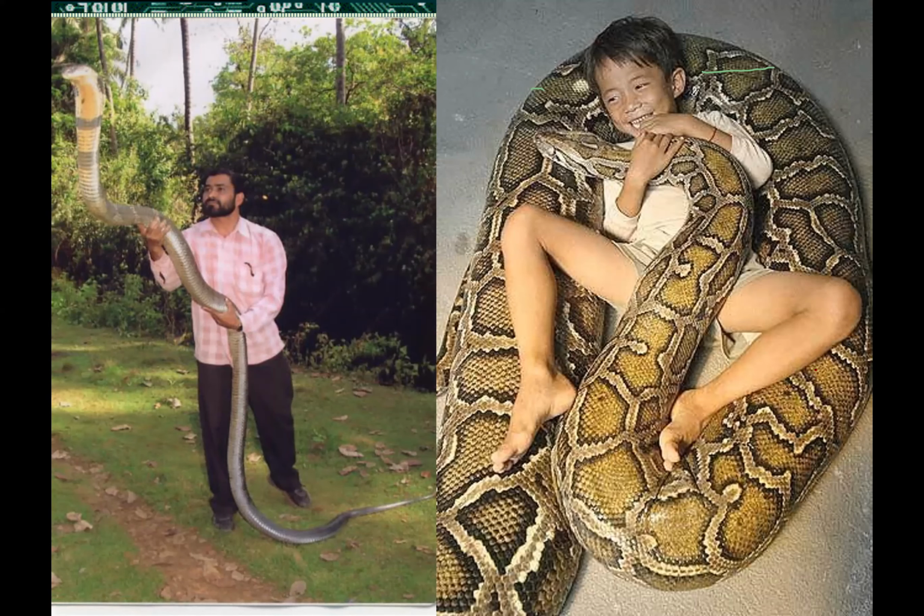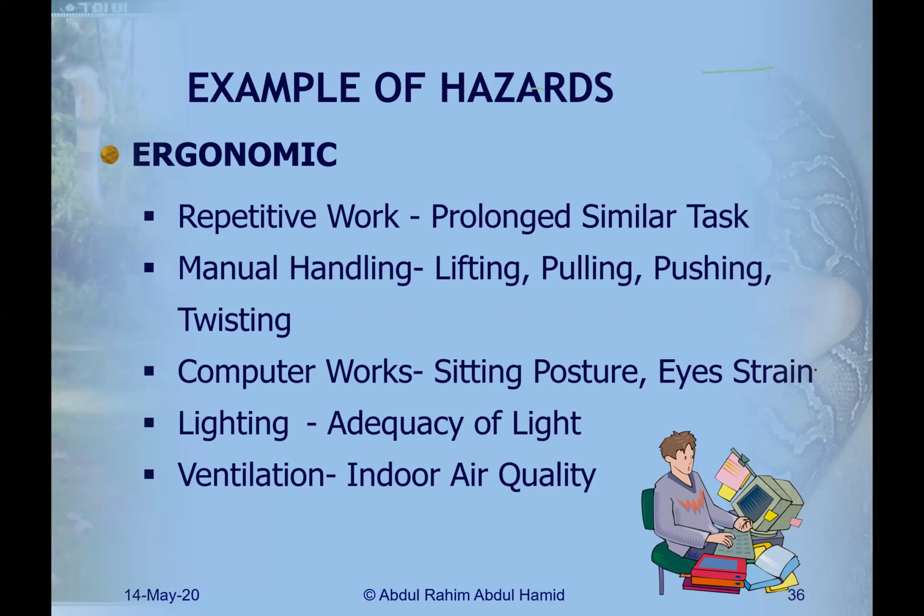Why? They might have gone through so-called risk assessment. In risk assessment, you can calculate the risk, and then you can come up with a control measure. Once you understand certain behavior of a wild animal, then perhaps you can control those things. That could be the scenario. Even though the risk might be high, if you know how to control it, then it can be minimized. But whatever it is, at the end of the day, when people work with a wild animal, you never know. Because this animal cannot be trusted.